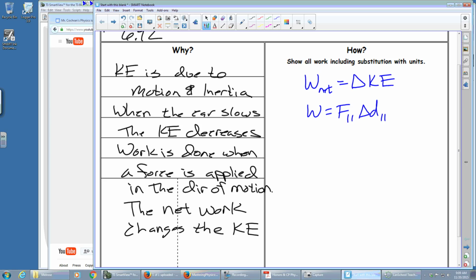So I'm going to bring these two together, force and d, and I know the two are parallel. Can I remember, is change in kinetic energy kinetic energy initial minus final, or kinetic energy final minus initial? Final minus initial. So KE final minus KE initial. Oh, I need my equation for kinetic energy. I should just write that up here. KE equals 1/2 mv squared.